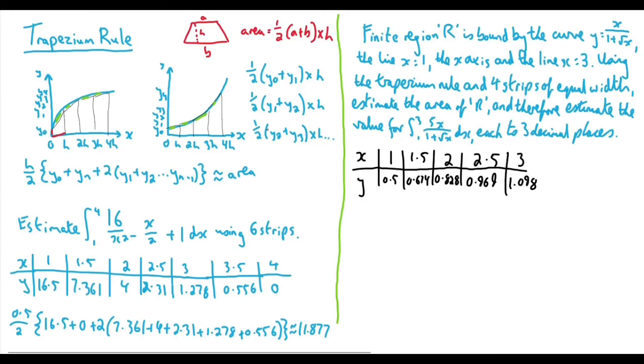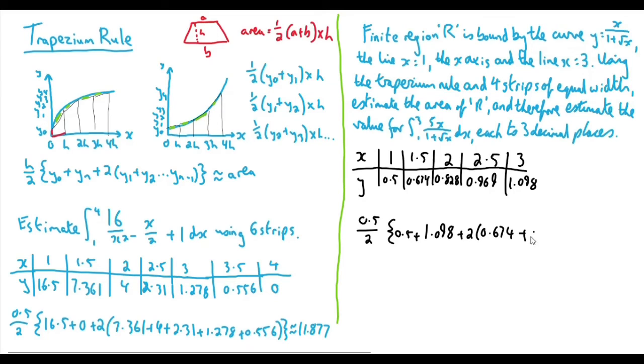Once again, our h is going to be a half, so we'll have 0.5 over 2, and then our first y value was the 0.5. Our last one was the 1.098. Then add on to that 2 lots of each of the rest, so